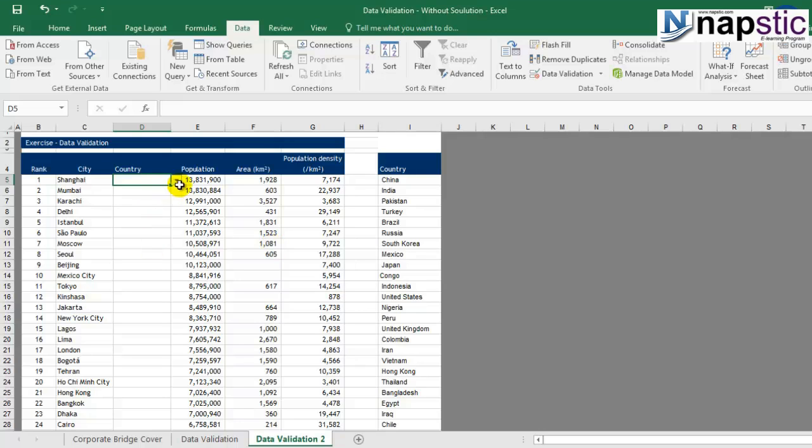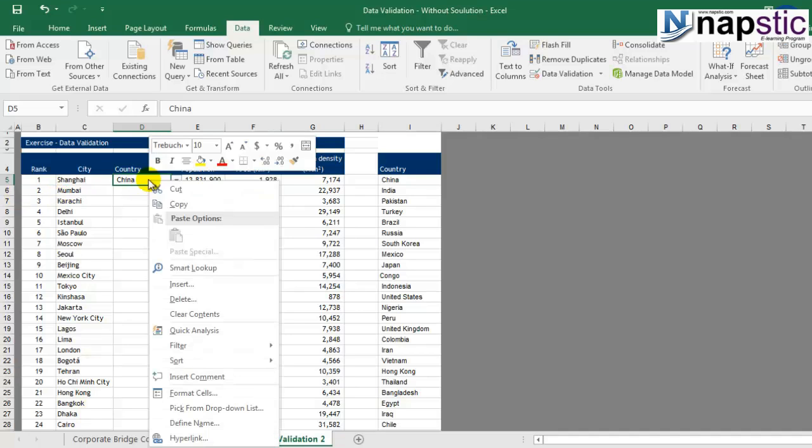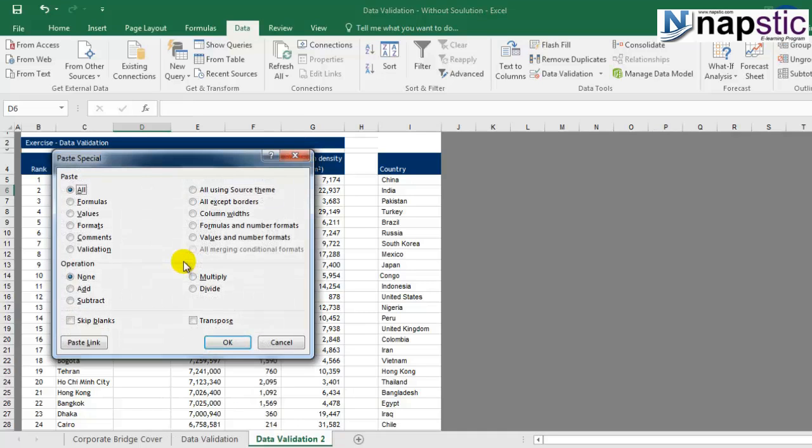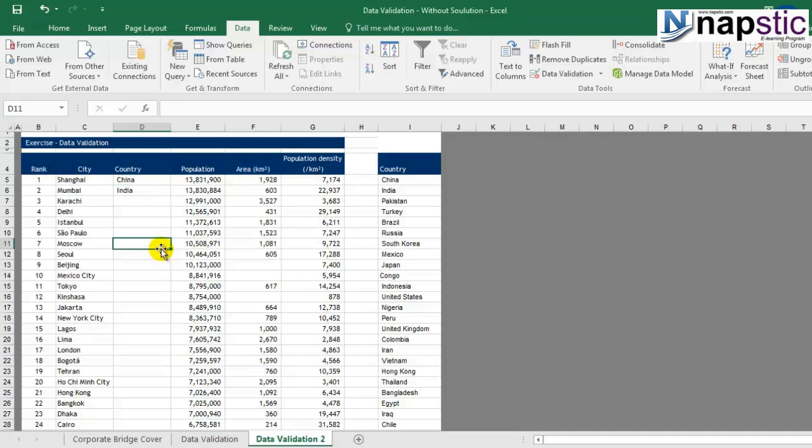As soon as you do that, you will find there's a drop down here, and now you can easily select the country you want. Let's say China. So you can select the country with the help of this drop down, which got created because of data validation. If you want this data validation copied to all the other cities, the procedure is simple. We use copy and we paste. So this is how you can create data validation, and then you can copy paste it across all the cells wherever you want the same data validation to be applied.